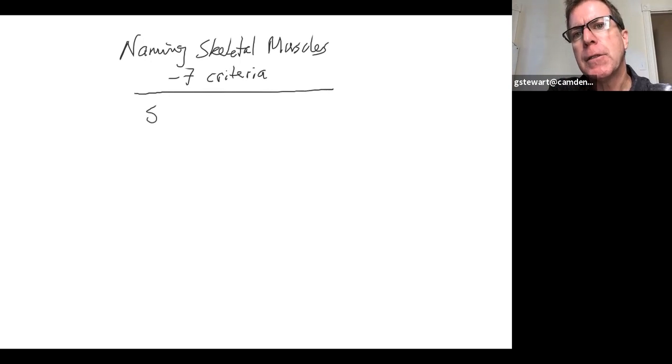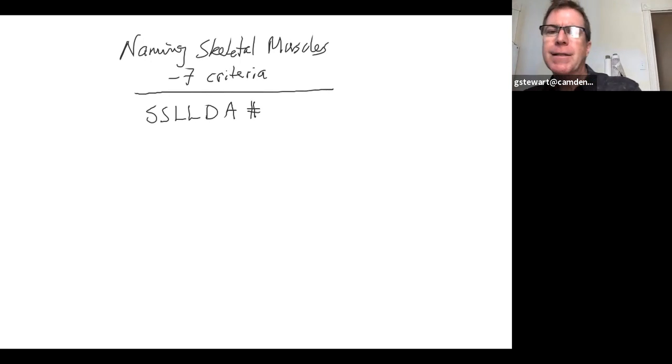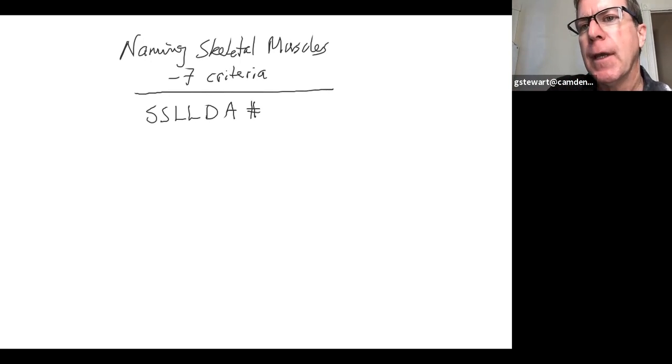And so I teach my students capital S, capital S, capital L, capital L, capital D, capital A. Doesn't really spell anything, and then the pound sign. So SSLLDA pound, those represent the 7 criteria. Now I'm going to list them all. So the first capital S stands for